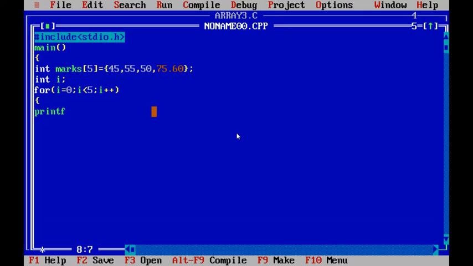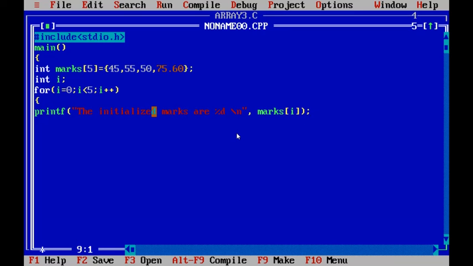printf, the initialized marks are percentage d backslash n, comma, marks of i.